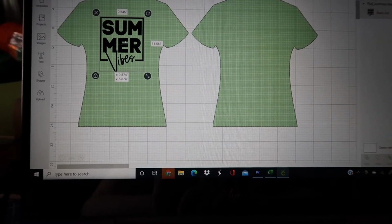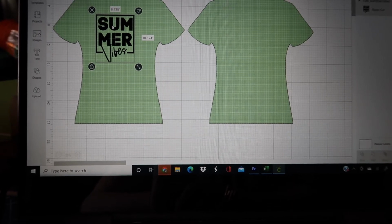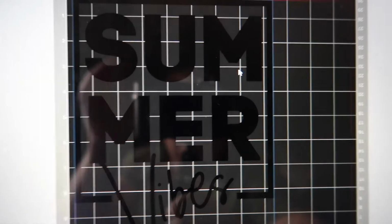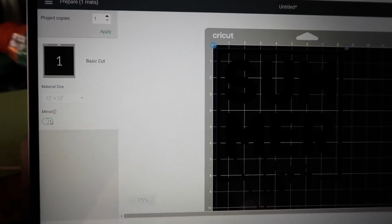And then once it's ready, we have it perfect, we're going to push the make it button. And as you can see here, it's not flipped, so we're going to go to the mirror button and we're going to push mirror. We want it to be mirrored. Now it's flipped,